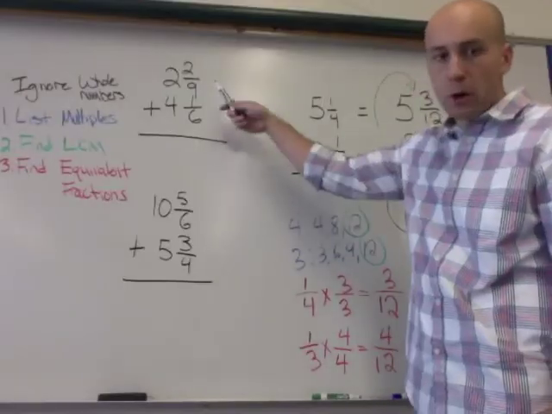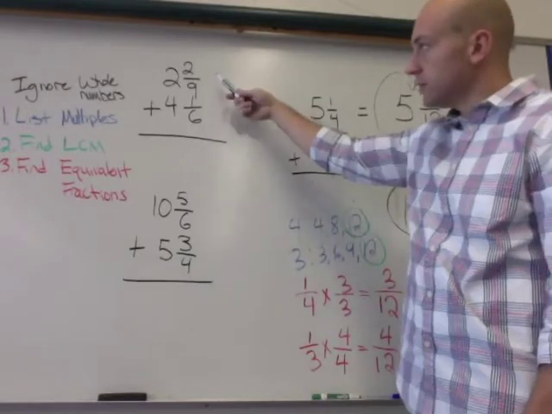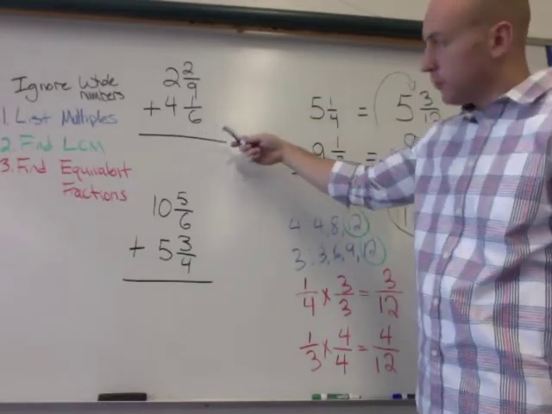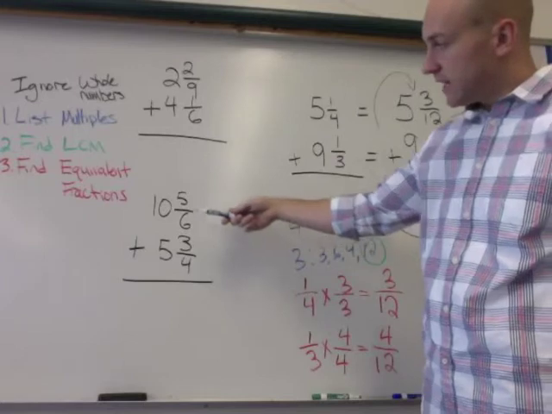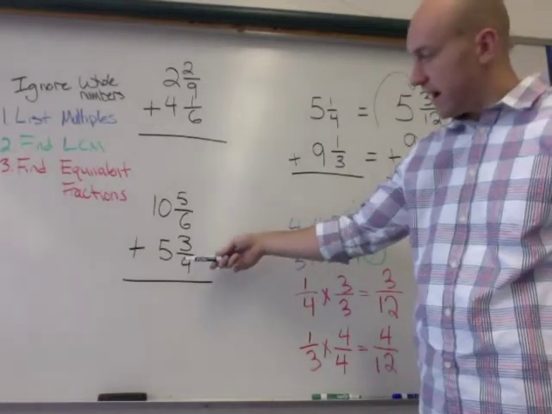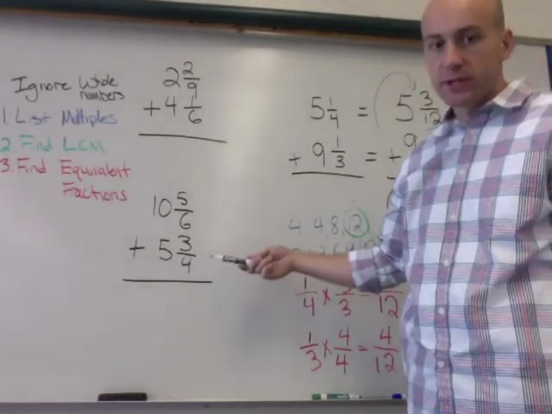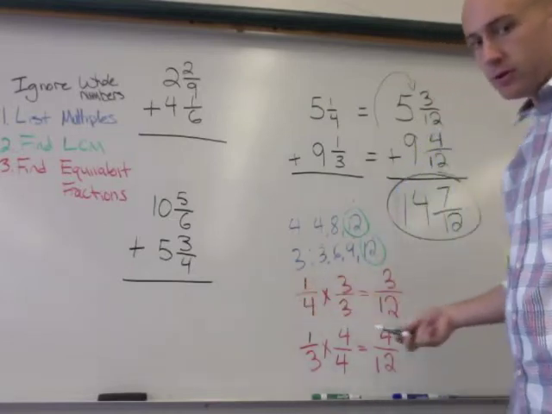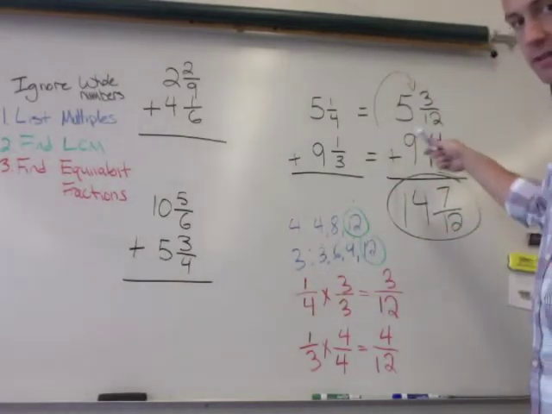Here are your 2 bonus problems for tonight. So you have 2 and 2/9 plus 4 and 1/6. And then you have 10 and 5/6 plus 5 and 3/4. Please don't forget to show all your work. So it needs to look something like this on your extra